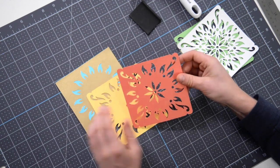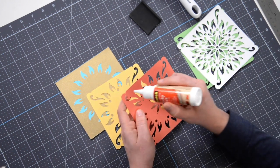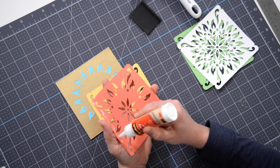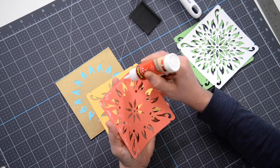And it doesn't matter which way you do it. I'm just going to glue this to the yellow piece, and then we'll glue this to the top of the actual card here. So again, there's a lot of little details here. So you're going to want to try to work quickly and get your glue